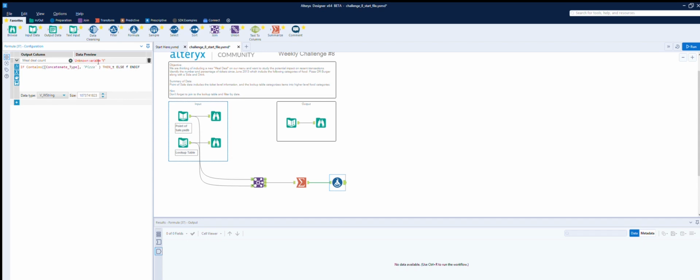Okay. Or, so if contained or contains, and we want comma, and then we want burger. And then